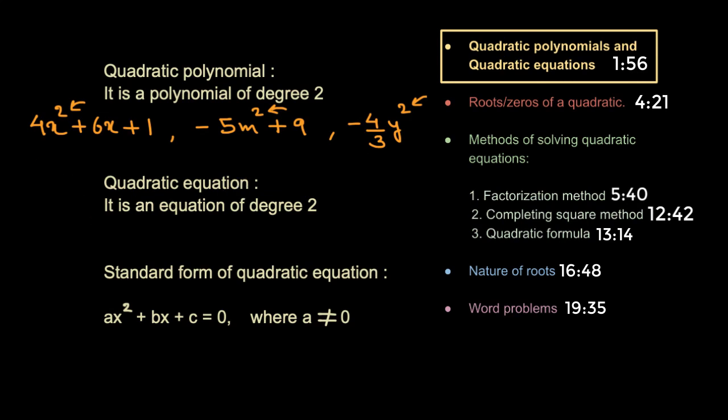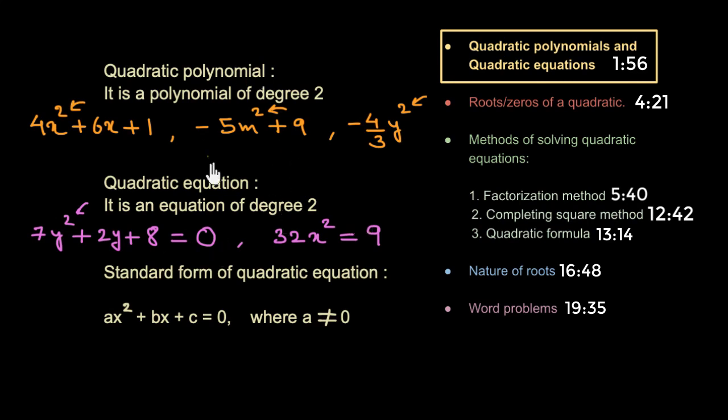For example, let's say that we have 7y² + 2y + 8 = 0. So this would be a quadratic equation, because even for this equation, the degree is still 2. Let's take another example. Let's say that we have 32x² = 9. This time we equated this quadratic polynomial to a constant value. Hence the degree of this equation is still 2. So this would be a quadratic equation.